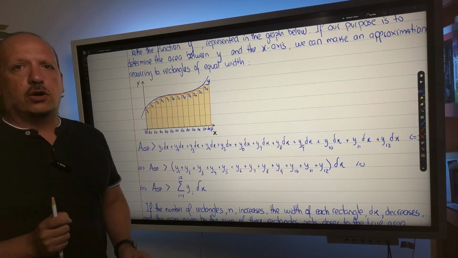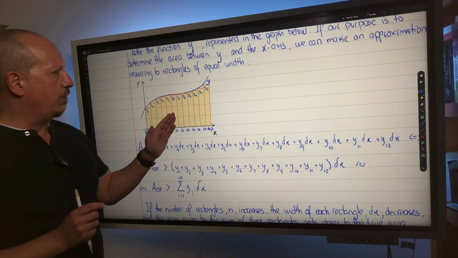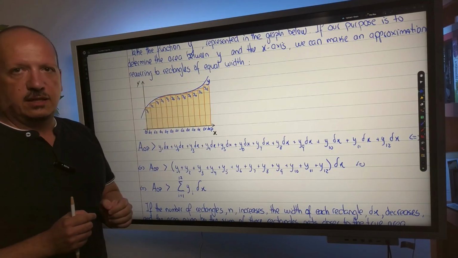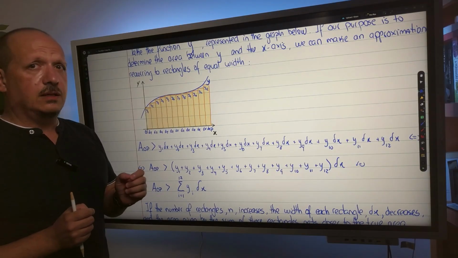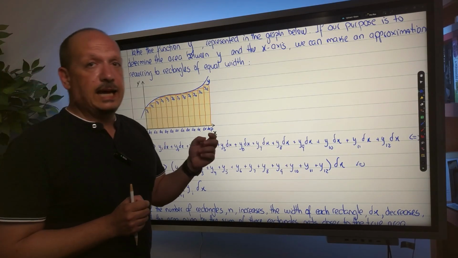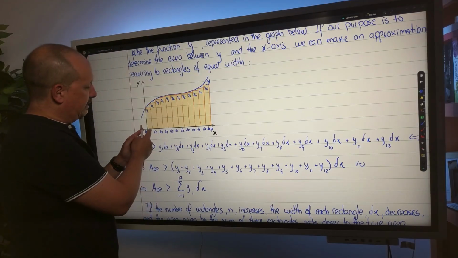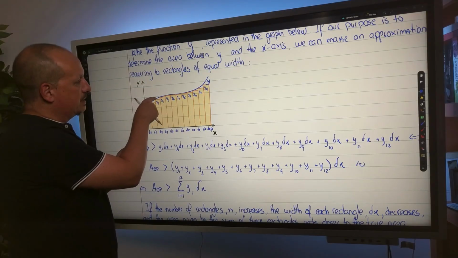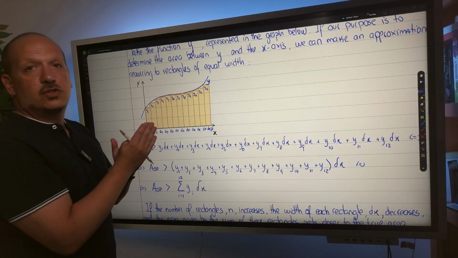What could you do in order to approximate the area of these rectangles closer to the true area underneath the curve? If you think a little bit, I think it's easy for you to understand that if you bring this delta x even smaller, the size of these gaps that are still missing are going to be smaller as well,